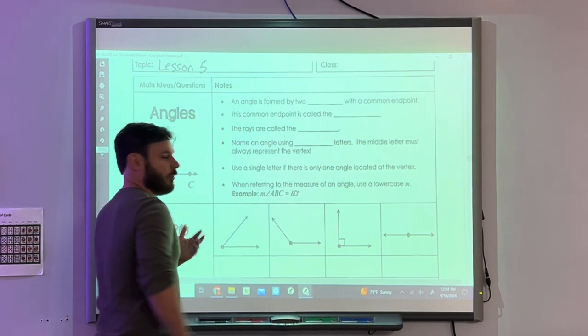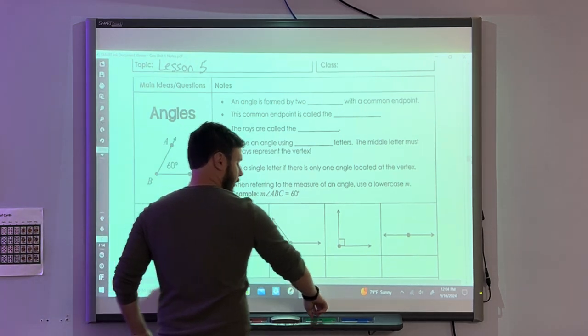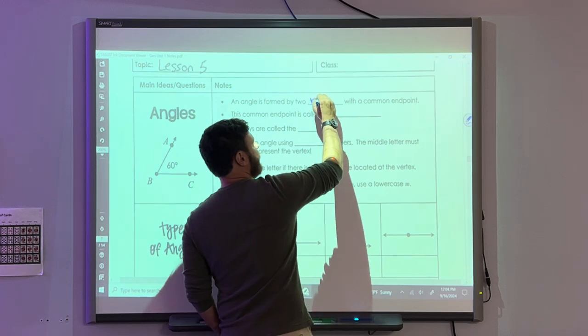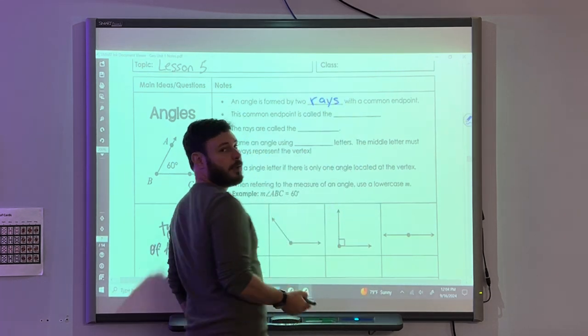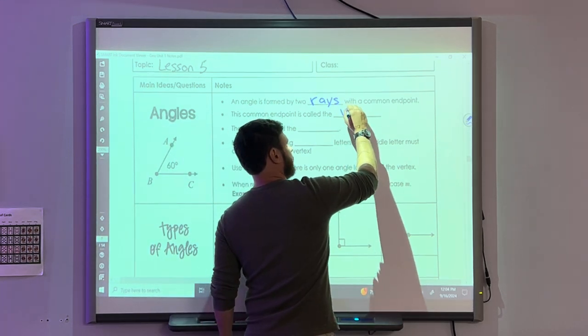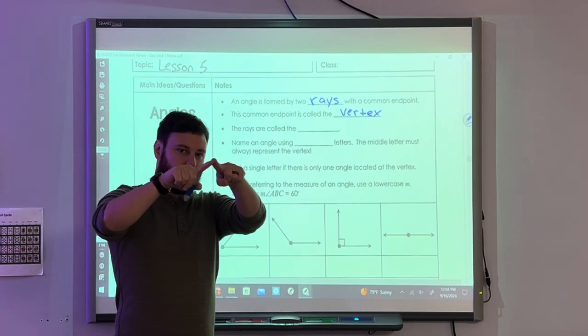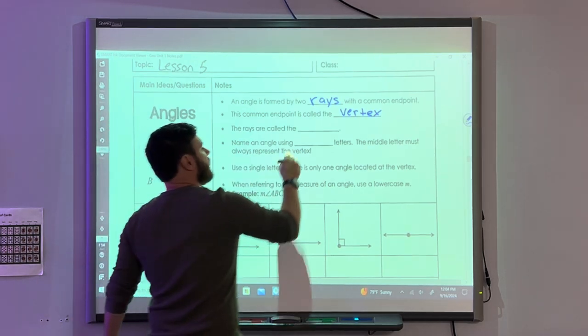Lesson 5, which is our 4th lesson, is all about angles. Angles are formed by two rays with a common endpoint, and our endpoint is called the vertex. That's where these two rays combine. The rays are called the sides,